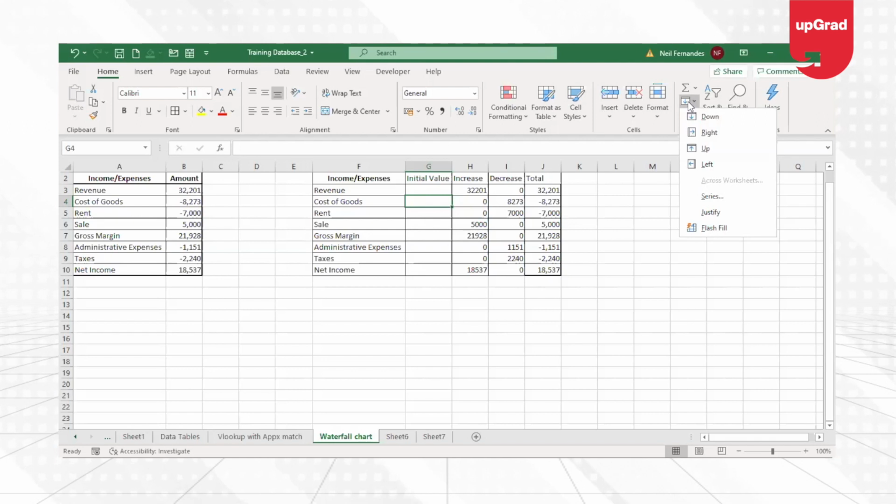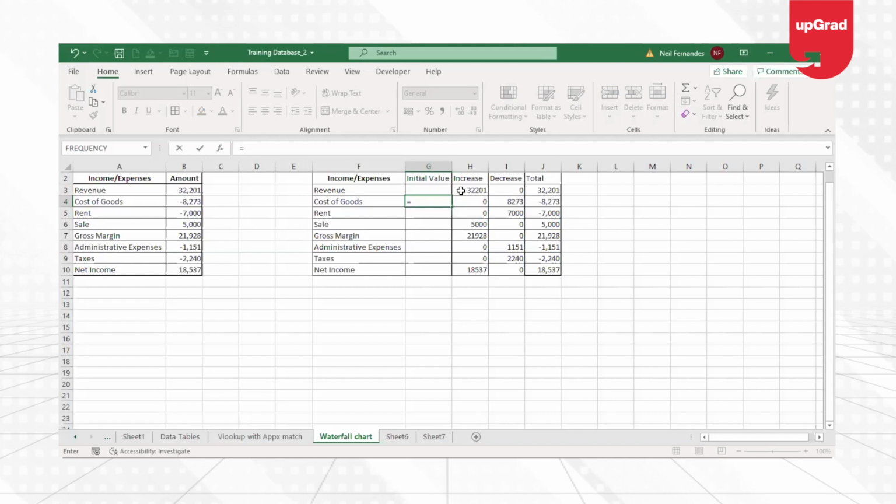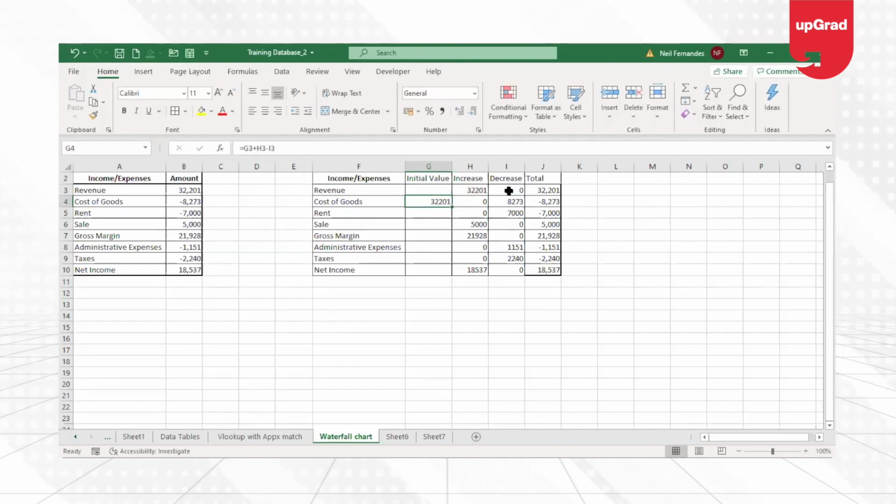How will I calculate that second value is by saying is equal to if there is an increase in the value, then I will say whatever the initial value is, addition to that, I'll add the increase value, and then I will decrease the decrease value, and I'll say this is my initial value. Now I can drag this down to get the data for the rest of the thing.